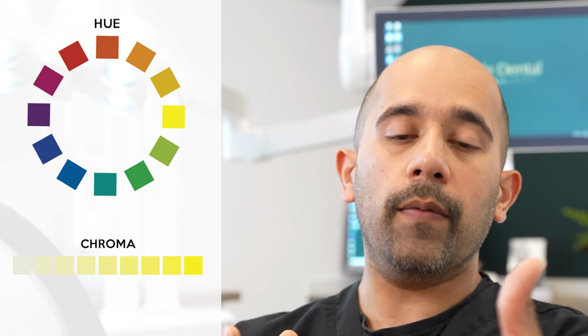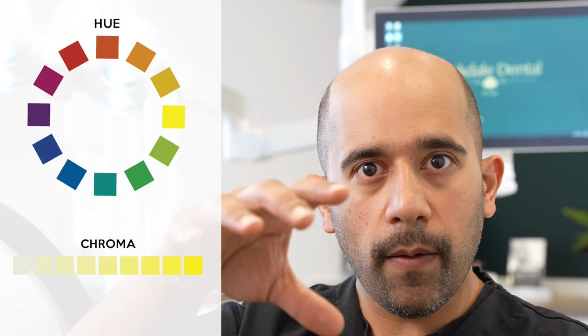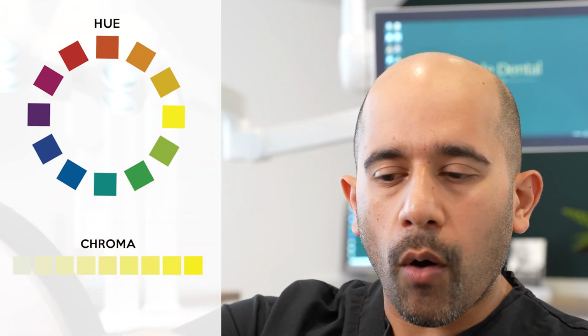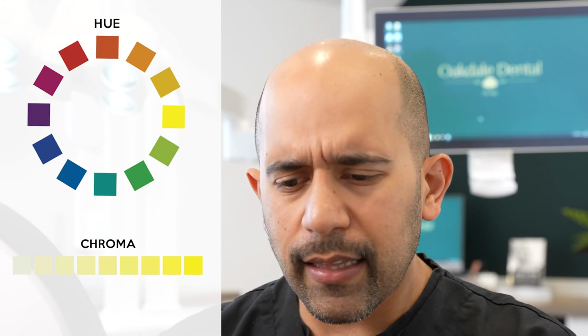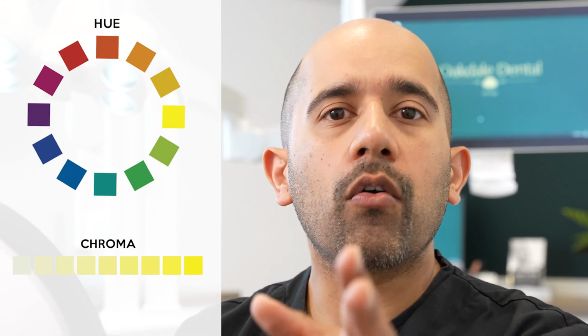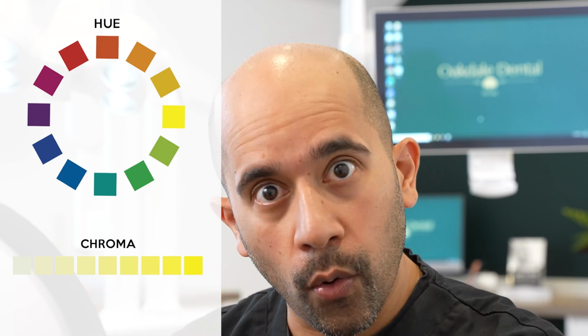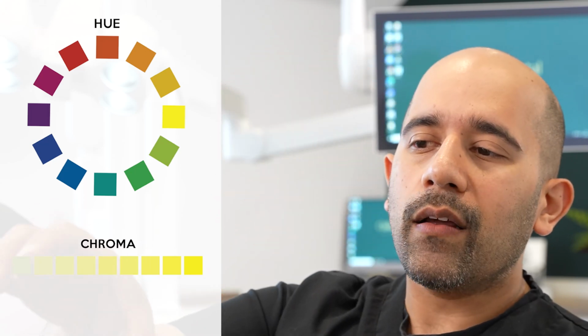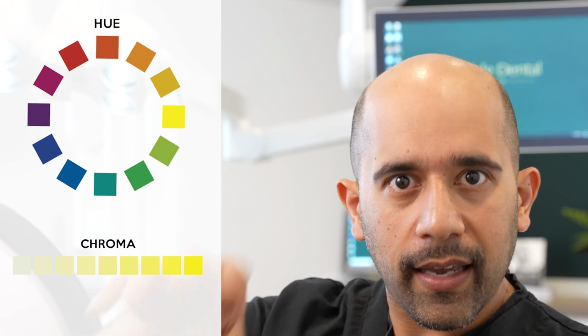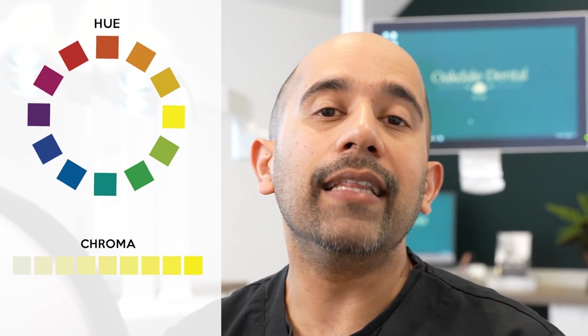So for example, if you had a glass of water and you poured one drop of Ribena into it, then it would be very dilute. The chroma would be very low. And as you add more and more Ribena into it, it would become stronger and stronger and stronger, and the chroma would increase. Now, in dentistry, because there aren't that many different hues, teeth are pretty much tooth-colored, and they